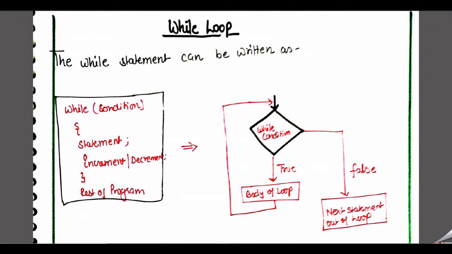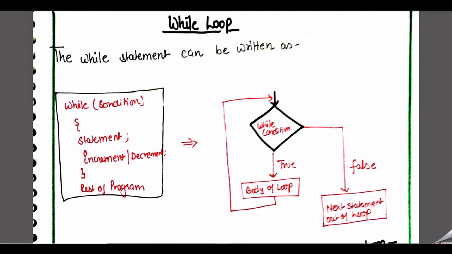What is the while loop? In the case of the while loop, first of all we need to mention our condition. That means for which value of the condition being true we need to perform the same statements several times. If the condition is true, then we execute our statements. Here we can see that if our condition is true, this is basically the syntax of our program.